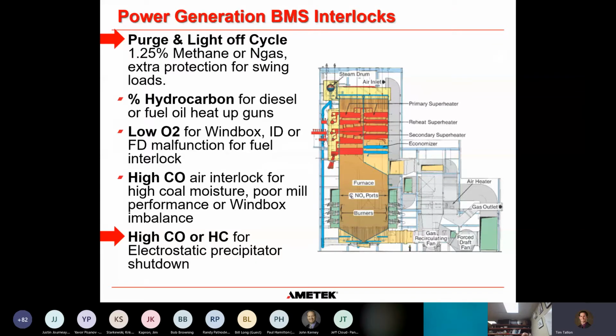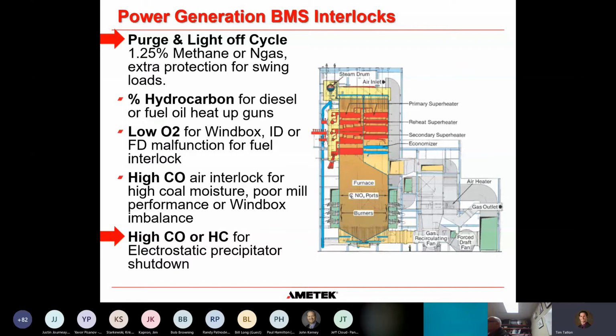And if you were to think about something like power generation, I have indicated with arrows where interlocks are at play. So during the purge and light off cycle, of course, you would have the methane detector for that early detection. And then also, you'd have that for the detection prior to the electrostatic precipitator. Anytime there's an electrostatic precipitator, we recommend having a methane detector on the combustion analyzer just as a secondary measurement